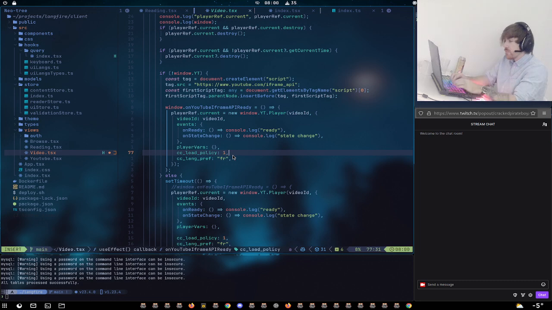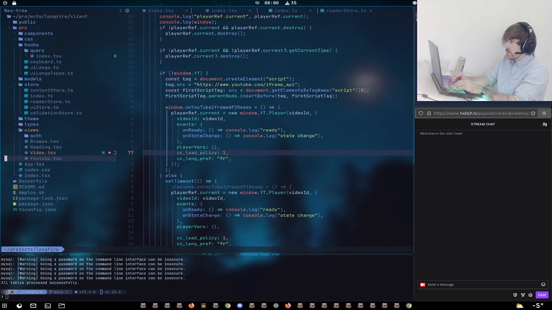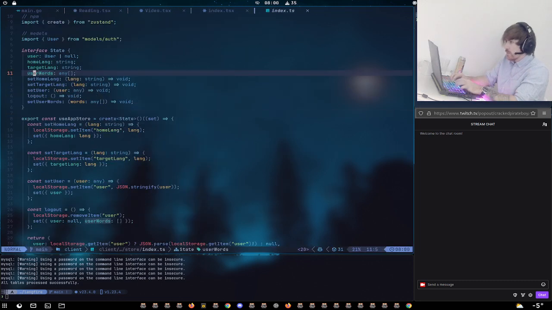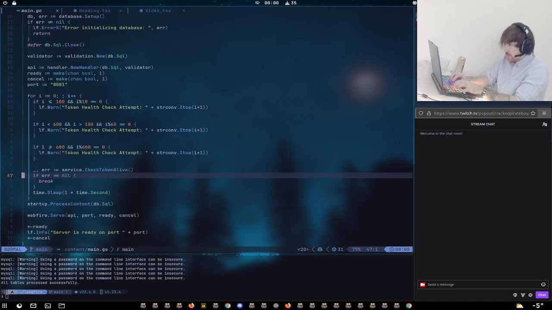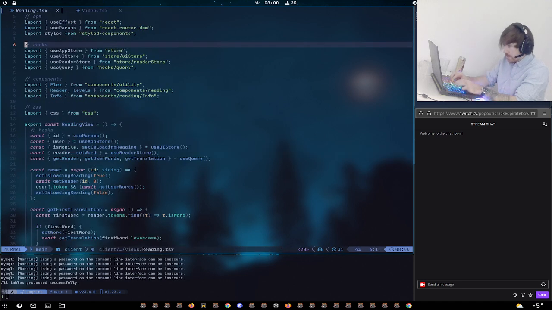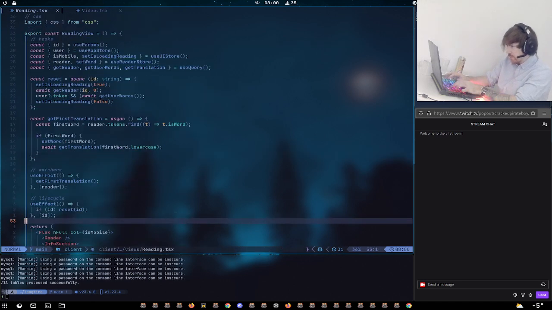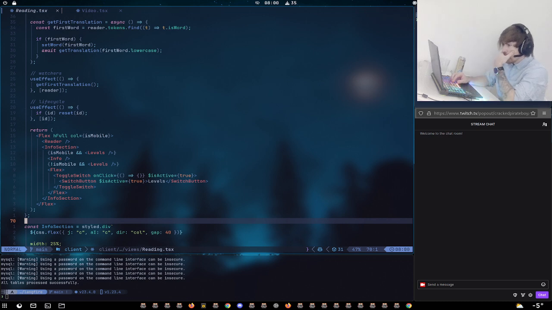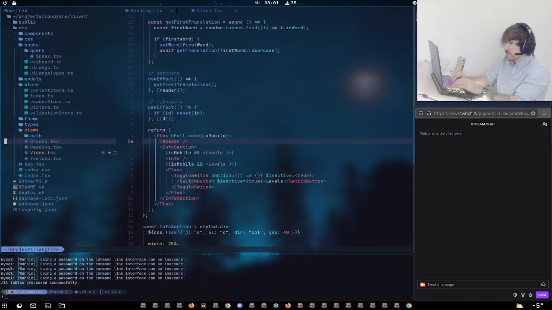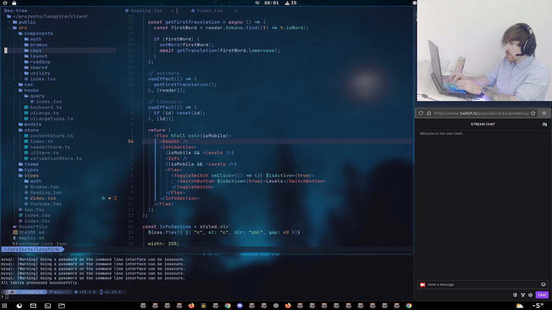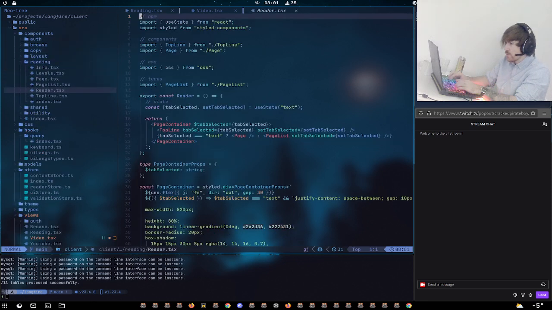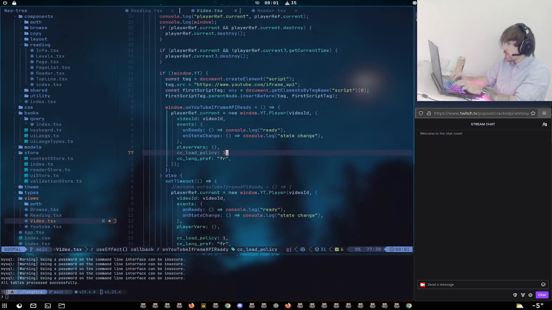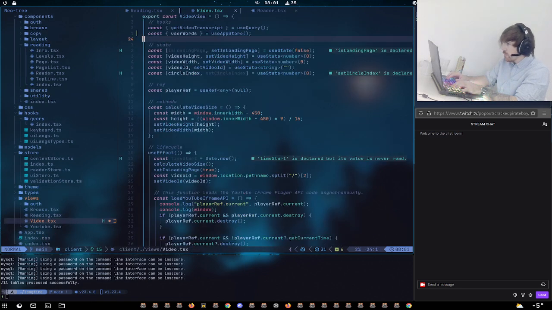Okay. Let's have a look at the difference in the reading containers. Let's clear this down a little bit. Reading. Info. Oh, it's reader. Yeah. So components, reading, reader. I see. But let's see what video has first. And how messy is all of this?